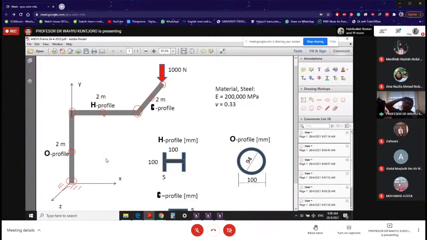So from here, I have all the nodes. Let's say this is node number 1, number 2, number 3, number 4, number 5, number 6, and 7. Ansys will take care of the numbering, but that is the position that I want. So for example, if I'm reading that node, see here, this node,